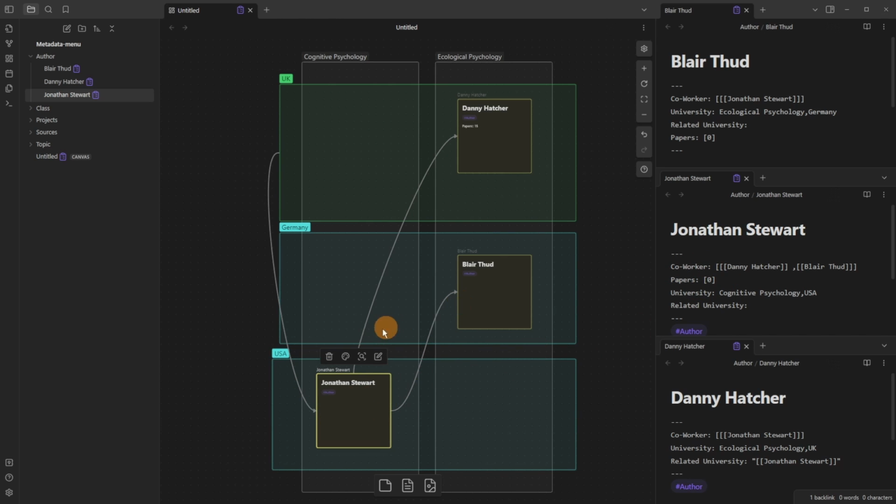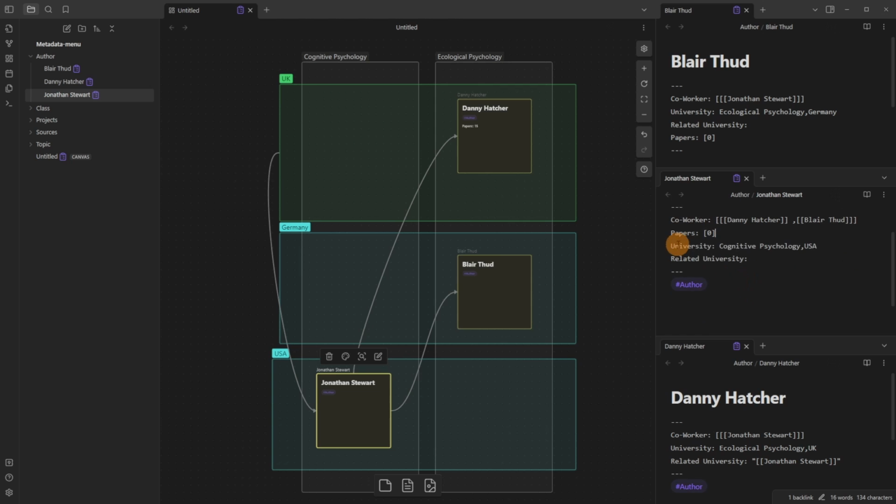The lines are the co-workers. So we've got Danny and Blair are co-workers. The papers are 0. That's just the number field. We have university is cognitive psychology because they're cognitive psychology and from the US. So this is the group field. They're at a university in the USA, whereas Danny is doing ecological psychology in the UK and Blair is doing